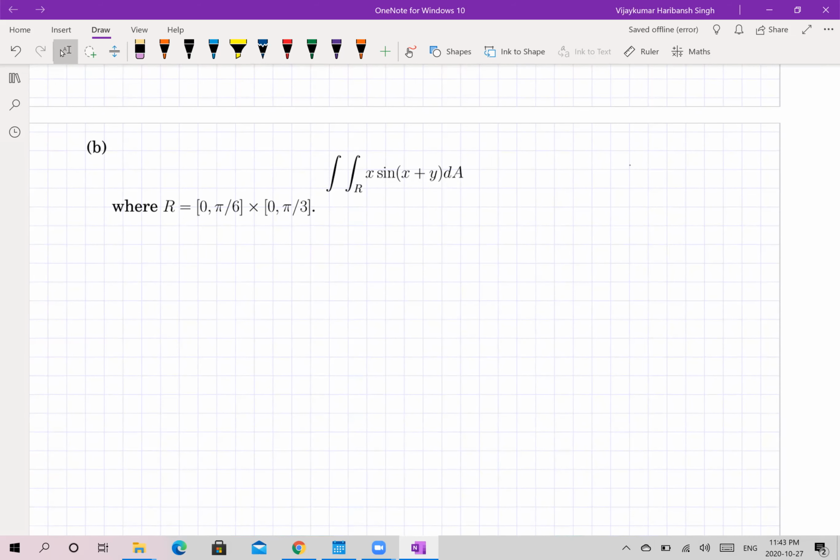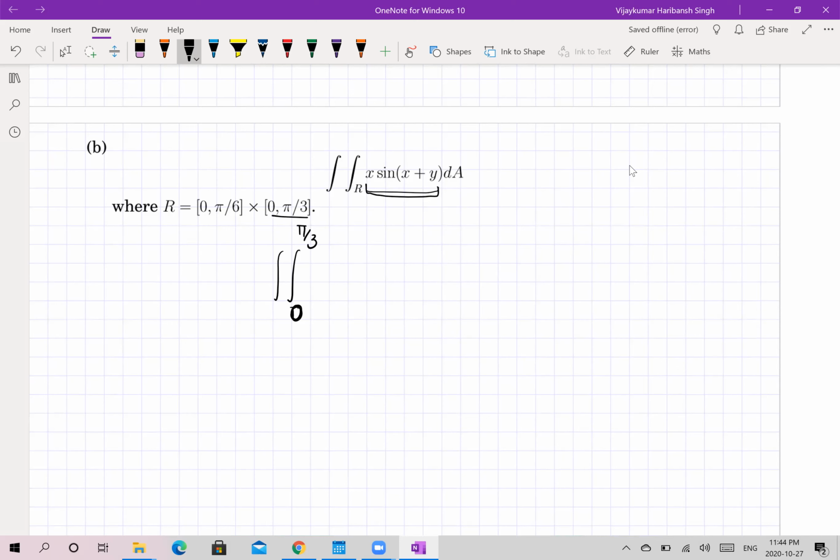So we have the integral of x sine of x plus y dA. Again, we need to write it as an iterated integral. So let's choose which one to go first, either with respect to x or with respect to y. I will choose to do it with respect to y first because I have x sine, so I will have to use integration by parts, right? So let's take 0 to pi by 3,